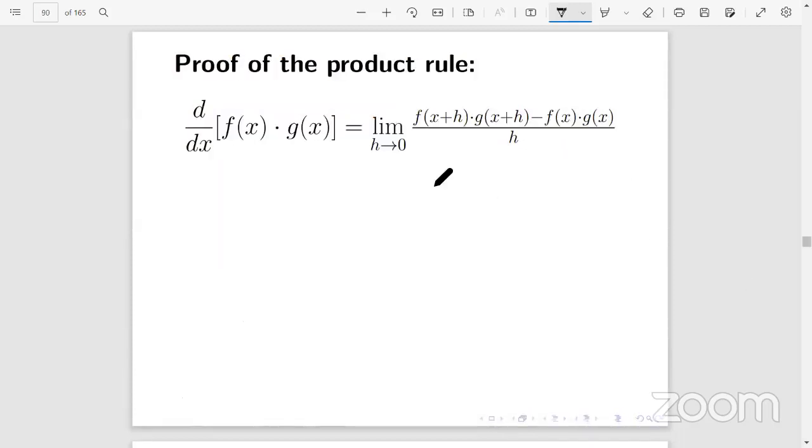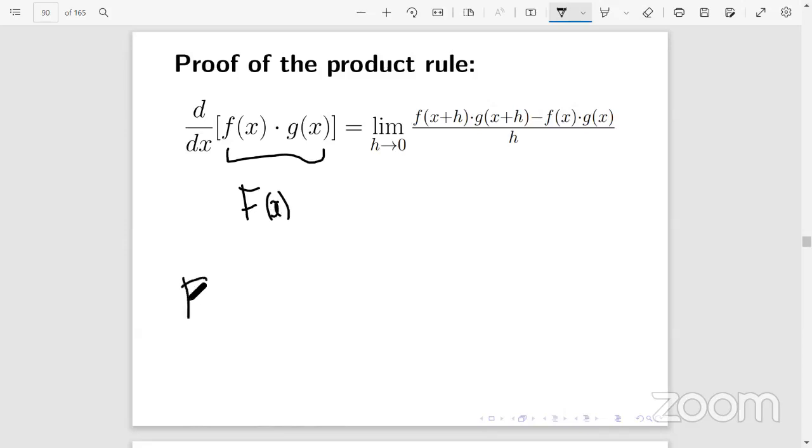So let's start first with the definition of a derivative. Remember that the derivative of f of x is the limit of f of x plus h minus f of x over h. But now we have two functions, f of x times g of x. So if you think of this as capital F of x, so it means that